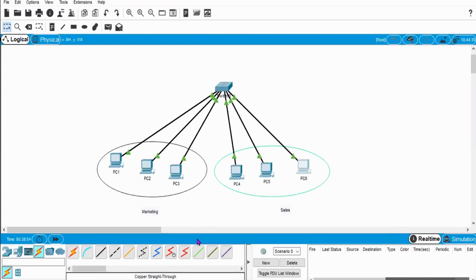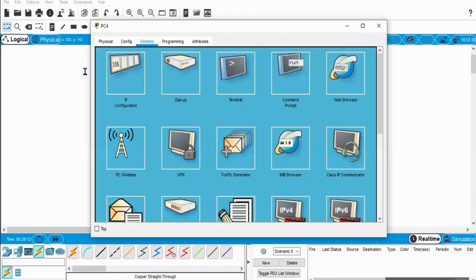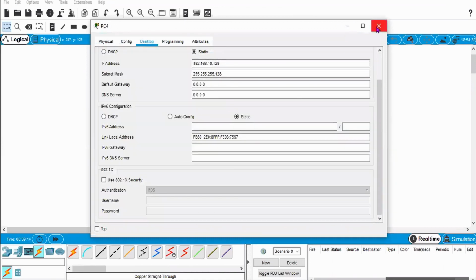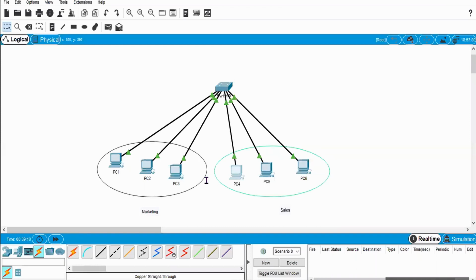Two parts means one having the network ID of 192.168.10.0, another having the network ID of 192.168.10.128. That's why this PC4 address is 129, because 128 is your network address. And 255 is the broadcast ID for your sales case, and for the marketing case the broadcast ID is .127.